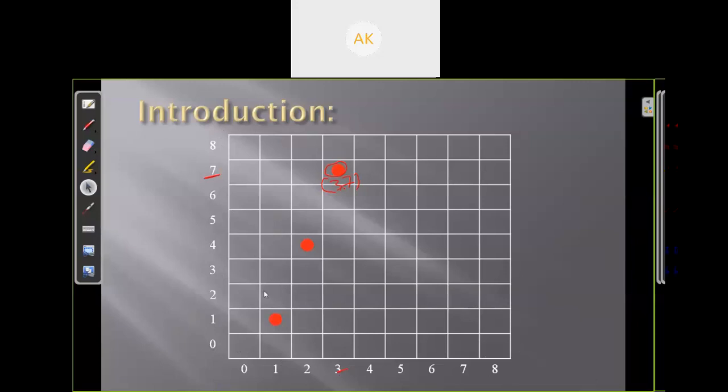There is no line in between any two numbers, meaning there is no 1.5 line or 1.6 line or 2.3 or 2.4. There are only integer numbers of lines and integer numbers of columns. So each pixel position has integer values, like 3, 7. There is no pixel located at a point like 3.5 or 7 point something. Always it will be an integer.